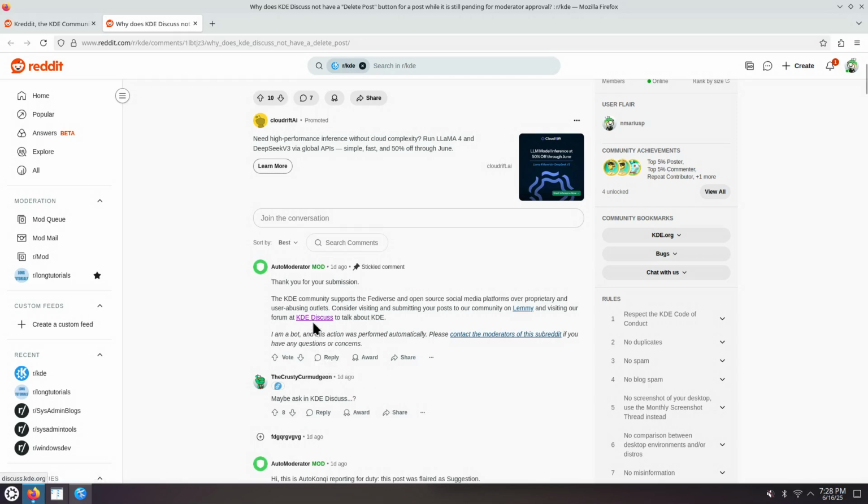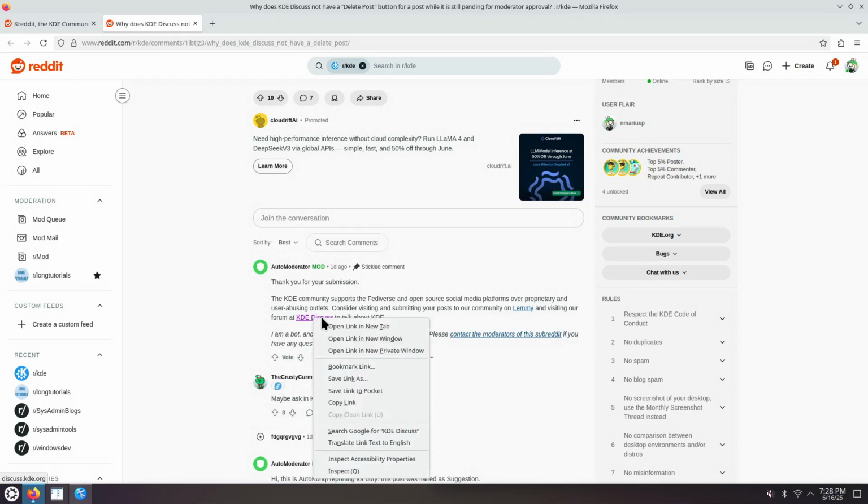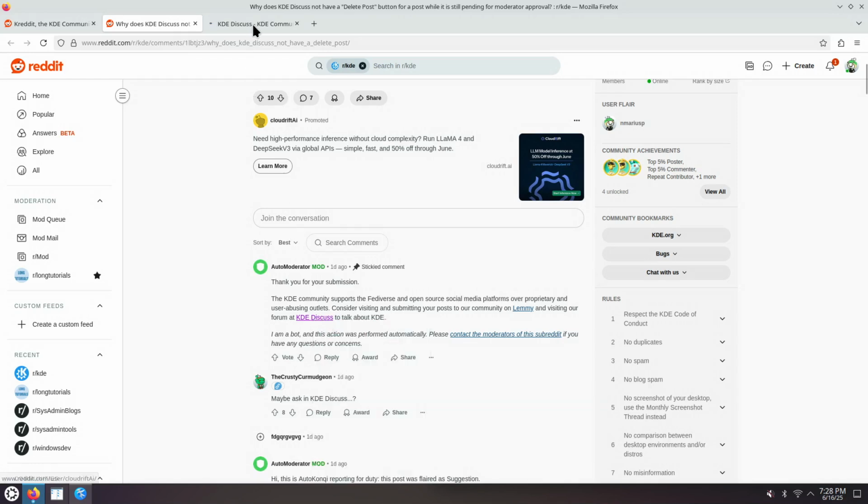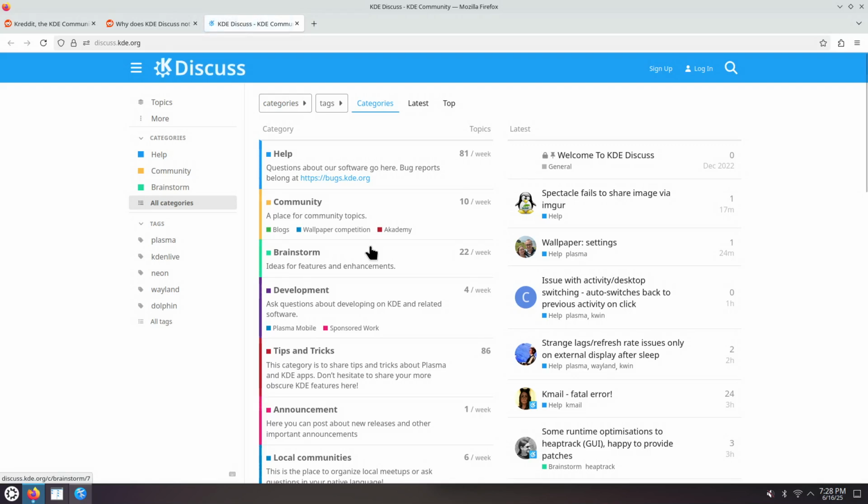So this is a way to channel a part of the users of r/kde towards KDE Discuss, which is a good thing to do. More and more people should create accounts in KDE Discuss and ask their user support question